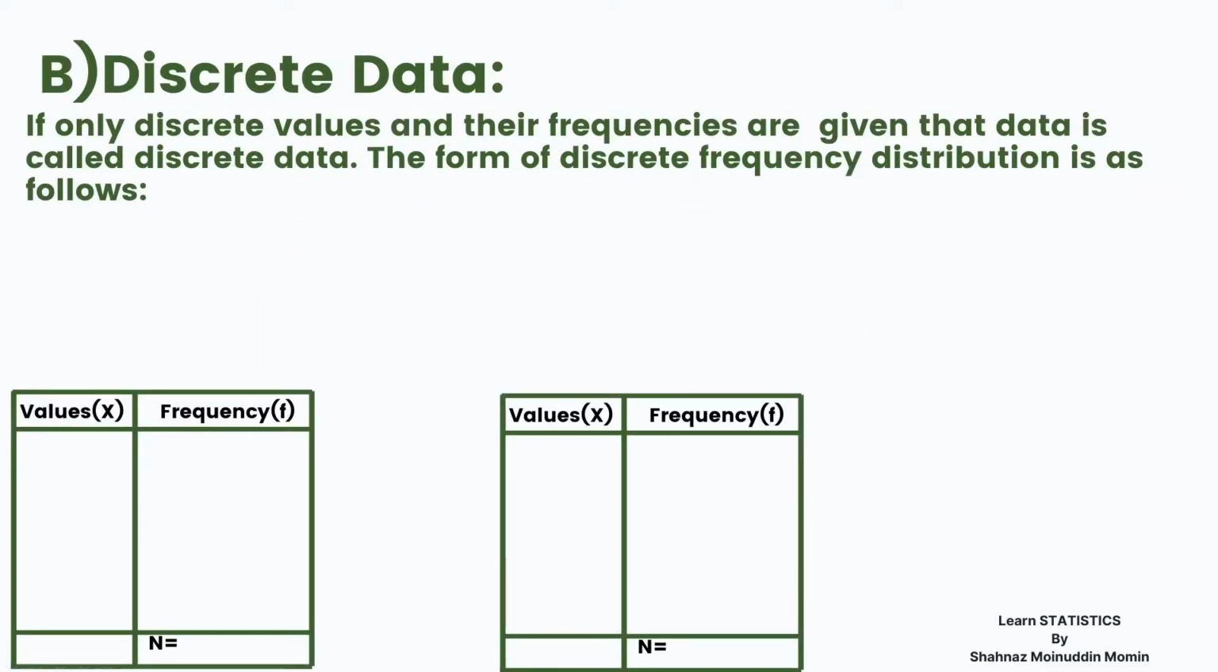Now let us see the second type, discrete data. If only discrete or distinct values and their frequencies are given, that data is called discrete data. The form of discrete frequency distribution is as follows. Suppose we are given the values x1, x2, x3, xn with frequencies say f1, f2,